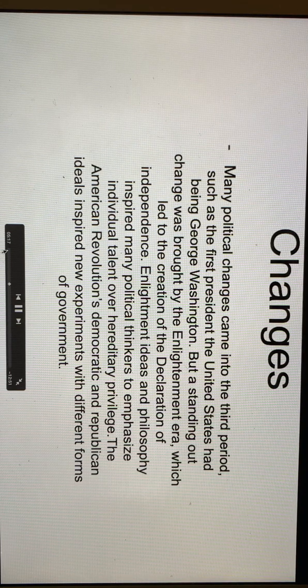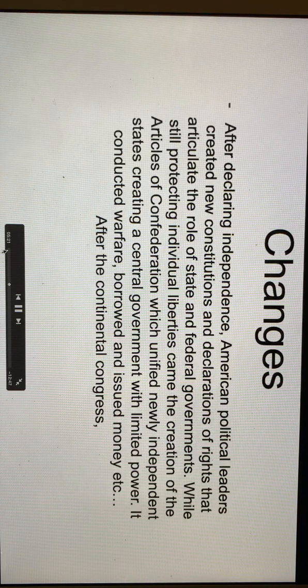Thomas Paine wrote Common Sense, which argues based on experience and reason. It believed in popular sovereignty and was a pamphlet arguing that people should break away from Great Britain. There comes the Declaration of Independence of 1776. It was a social contract stating that all men are created equal and follow the life, liberty, and pursuit of happiness. After declaring independence, American political leaders created new constitutions and declarations of rights that articulate the role of